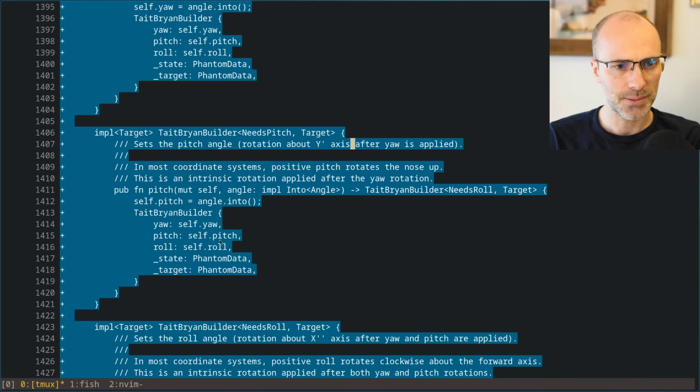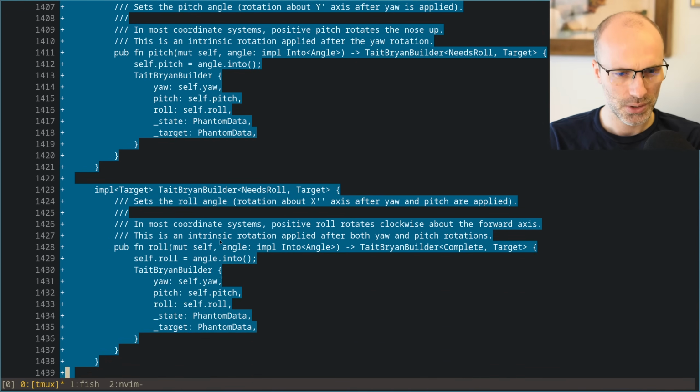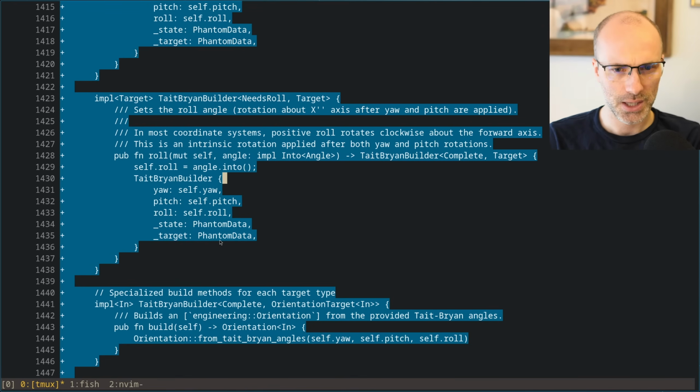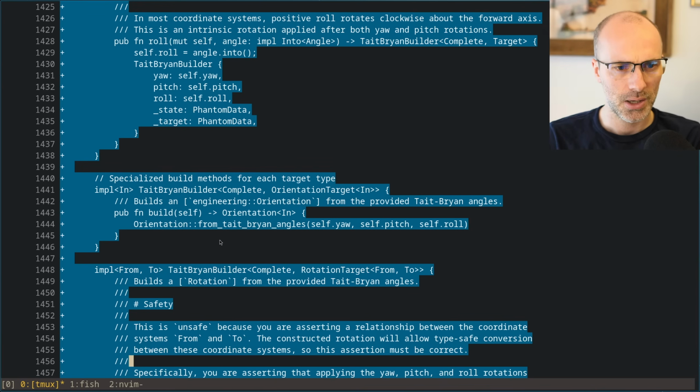When it needs the pitch, the only thing you can set is the pitch, which indeed sets the pitch. And then it returns needs roll. Roll is the same thing. Now it's complete. And finally, you get a build method when the target is orientation.